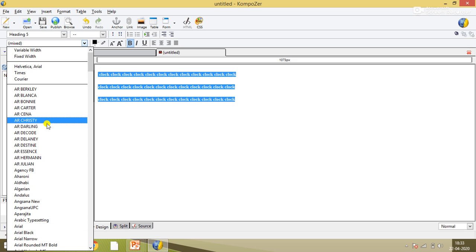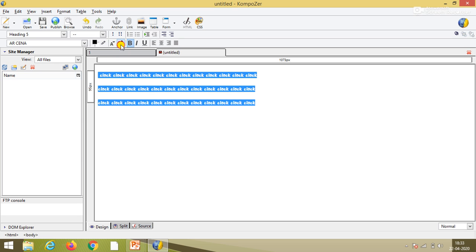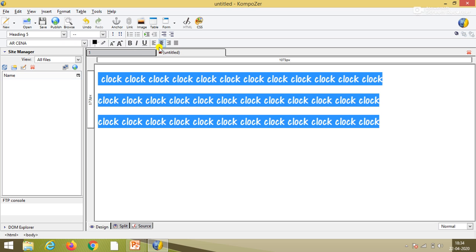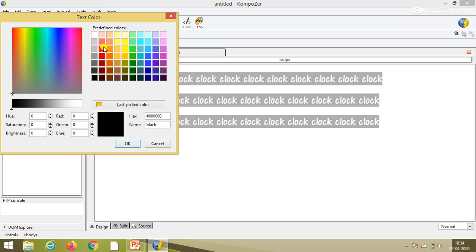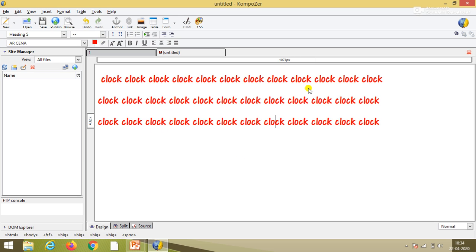Over here I am taking this one and increasing the size by these numbers. Give the bold, italic, underline effect as you wish, and change the color as you can, and OK. Clear? Whichever effect you give will take effect.